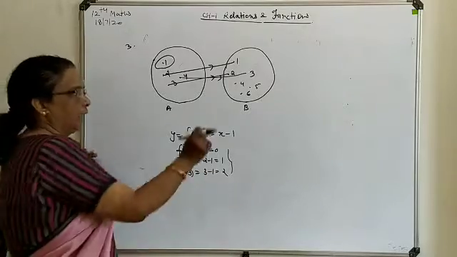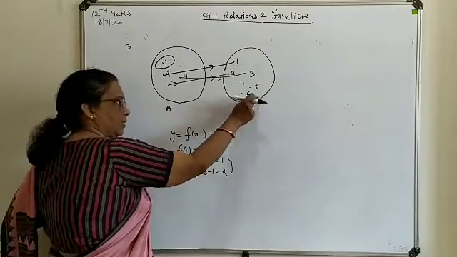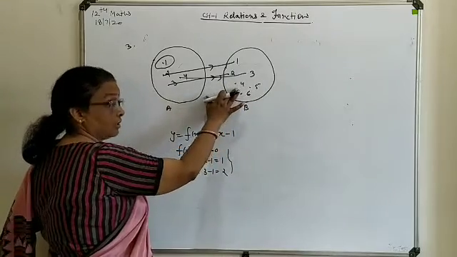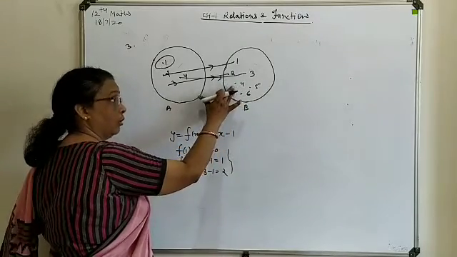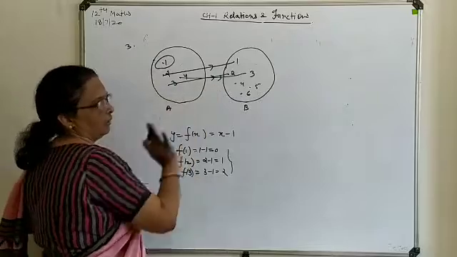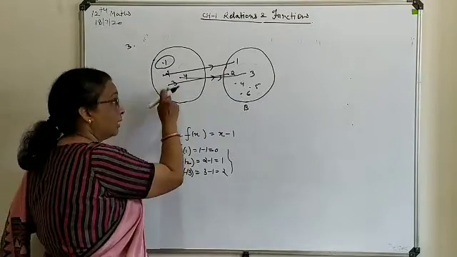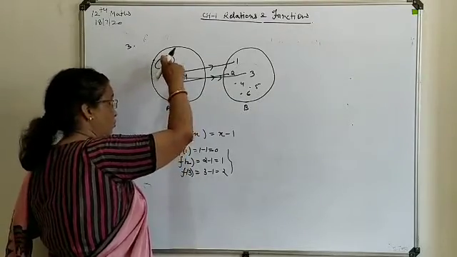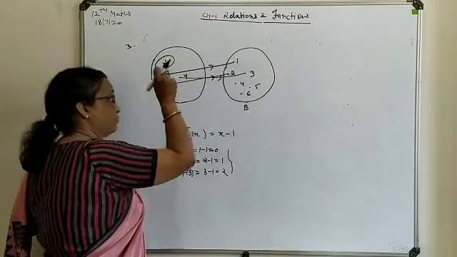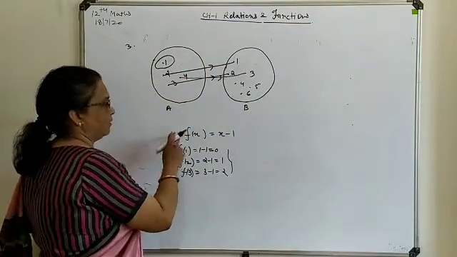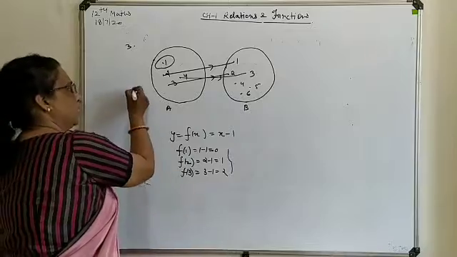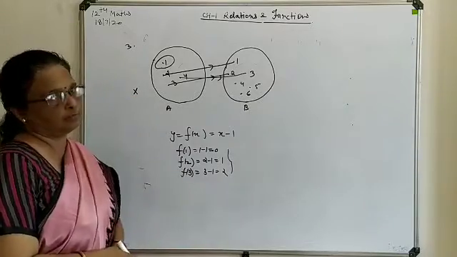So in this set, if any element is going to remain as such, which is not an image of any corresponding element, it will be allowed. But if any of the elements here is not going to take part in formation of the image, it will not be allowed as a function form. So in this criteria, this is not a function.